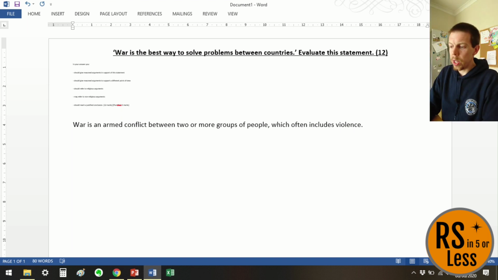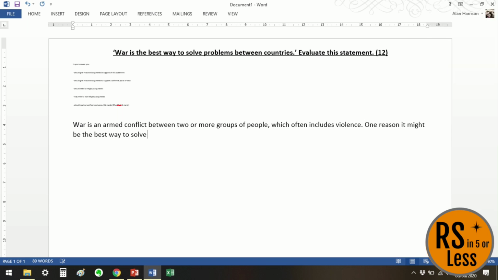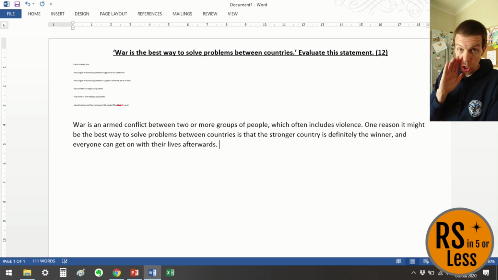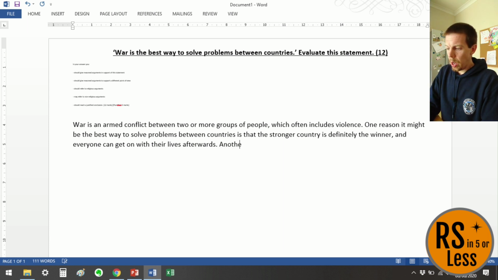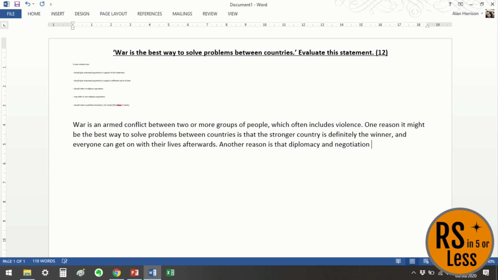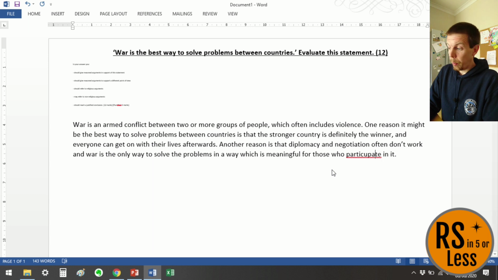So why do we agree that war is often the best way to solve problems between countries? One reason is... I actually don't agree with this, but I'm writing down why some people might. Another reason is that... I'm typing this because my handwriting's so terrible. Next,